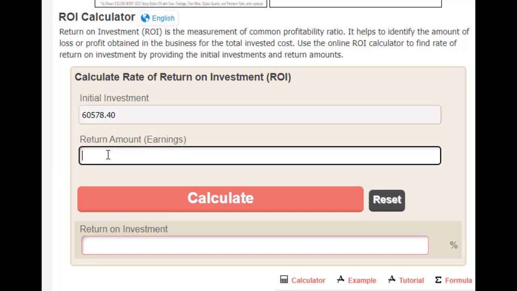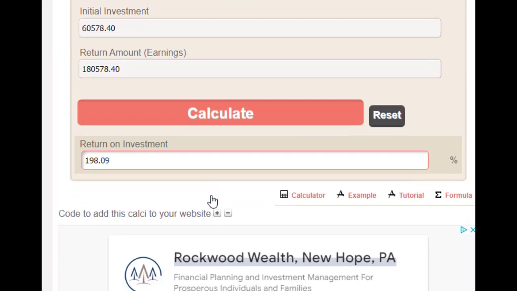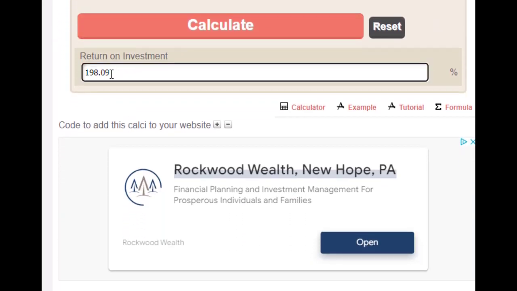The total amount of the benefit is $180,578.40. It's not the true investment or benefit, because the benefit is having life insurance that entire time to cover the mortgage. So you calculate, and look, 198%